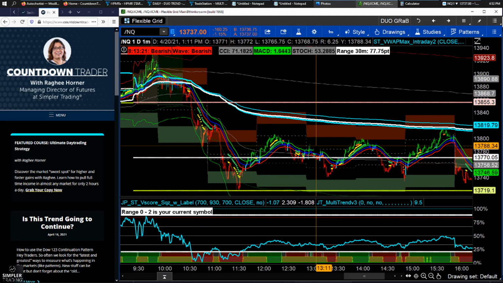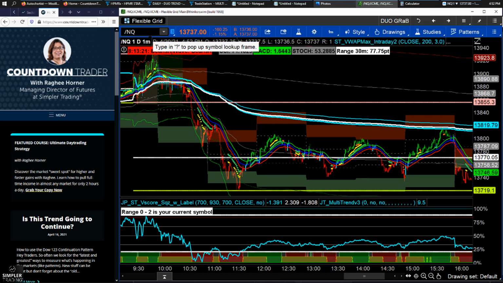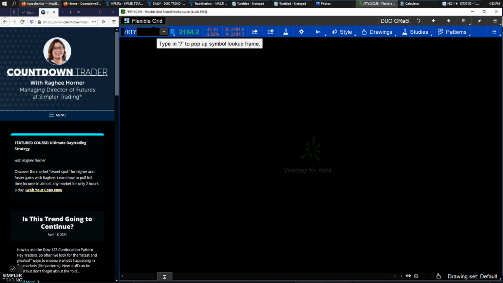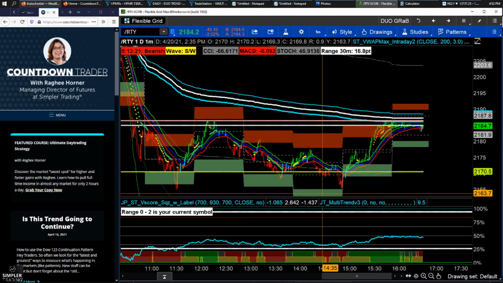All right, so there's the NAS. Panic selling? No, I don't really think it was, but it wasn't exhaustive either. So that means if the market wakes up in another bad mood, this could be potentially more weakness. So let's just keep that in mind. I'm not making this a bullish conversation or a bearish conversation, just trying to explain what we saw.